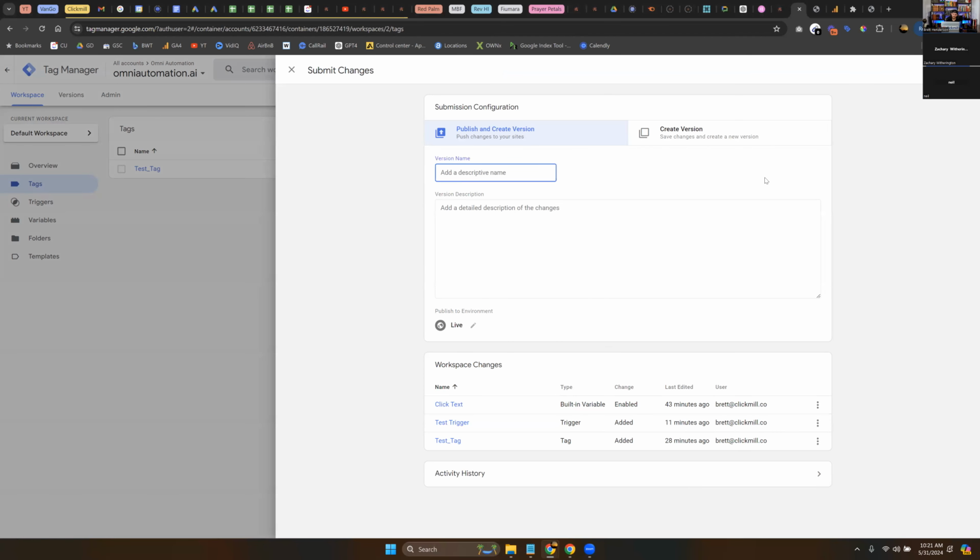Now, version name, maybe I can say 1.1, or I could say test tag. And then I'm going to come in here and I can make notes. This isn't like the notes, at least. I would definitely make the name, but the notes isn't always 100% relevant unless you're changing things in a very complicated account. And then you always want to make sure you're saying what you changed, because when you publish